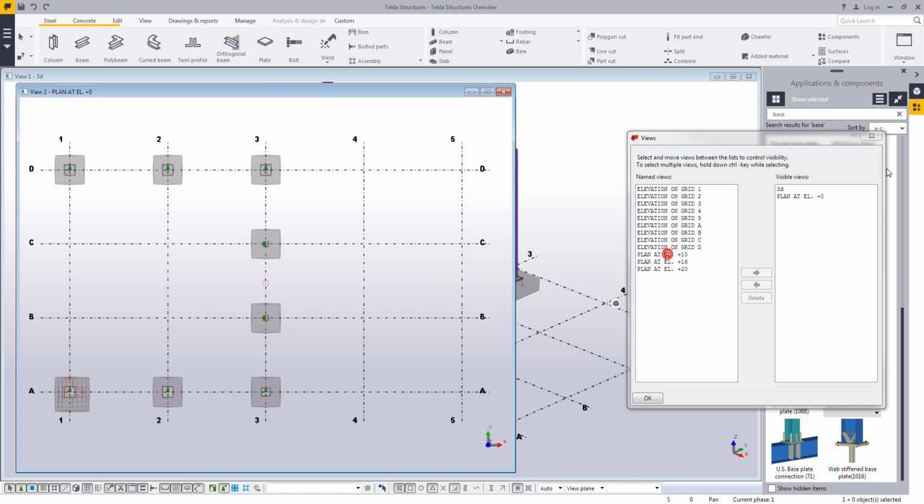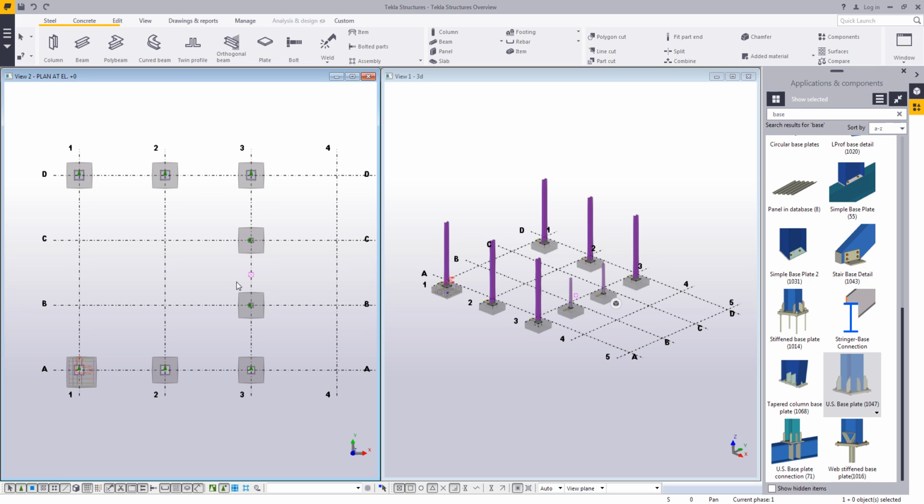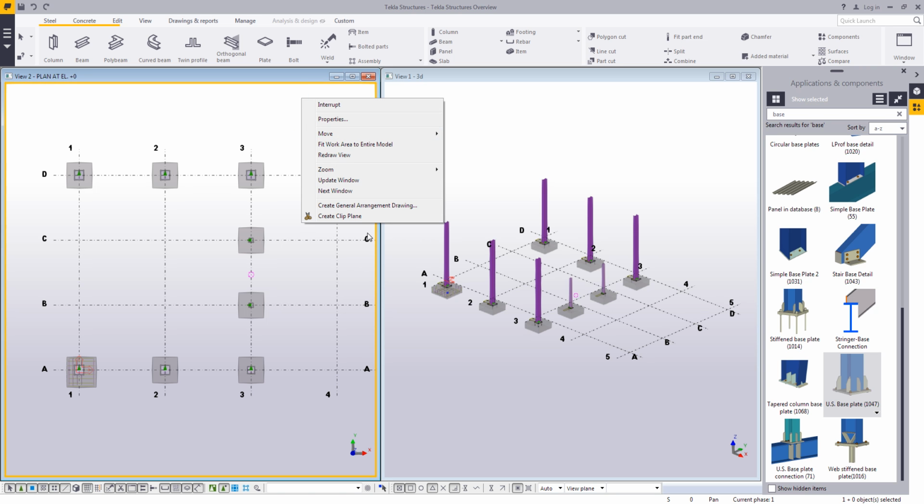I'll open up my plan at elevation 0, and you can see how I can open up multiple views to see this model from different angles at the same time. You can actually have up to 9 views open at the same time looking at this project. So now that I've got a plan at elevation 0, I'll click in that view and I'll simply say